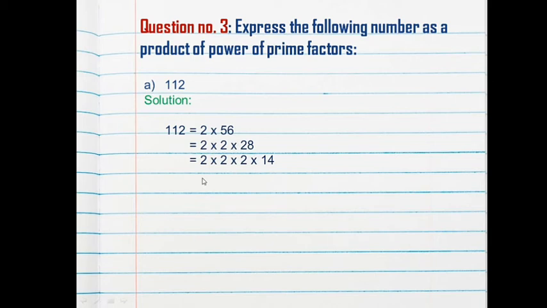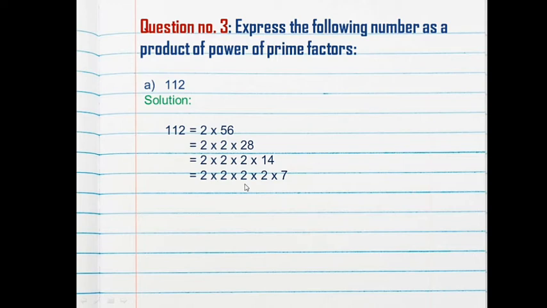So 2 into 2 we will write as it is, and the factors of 28 will be 2 into 14, because when we multiply 2 with 14 we get 28. Now again we will find the factors of 14. Whatever we get, again we find the factor of it. This is how we take out the factor of the last number which we have taken as a factor already. So that is 2 into 2 into 2 into 2 into 7. When we multiply 2 with 7 we get 14. And always remember, we have to take the lowest number. And already you have learned in the previous class how to take out the prime factors.